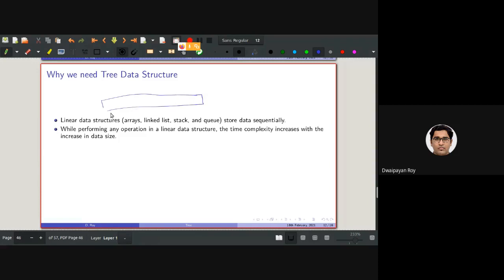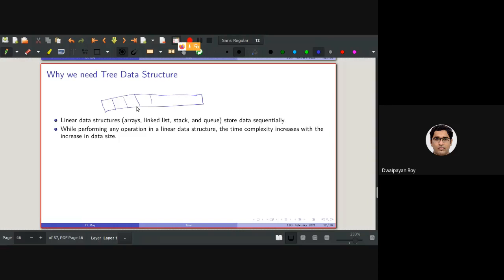If there are say 10,000 or more elements in an array, stack or queue, it will be very time consuming to search for some items. Of course, you can consider sorting them and you can apply binary search. But again, there are some problems with binary search in an array as well, which we'll be discussing when we discuss binary search trees.